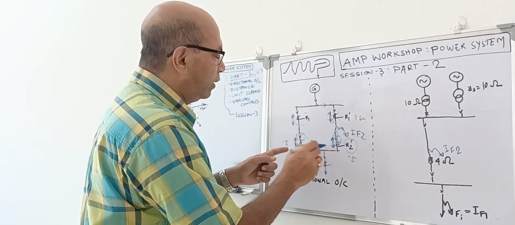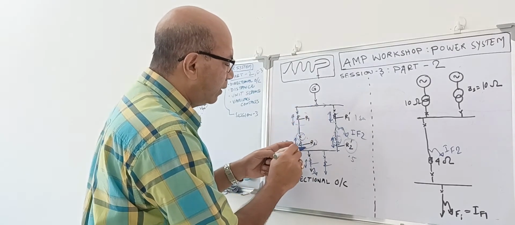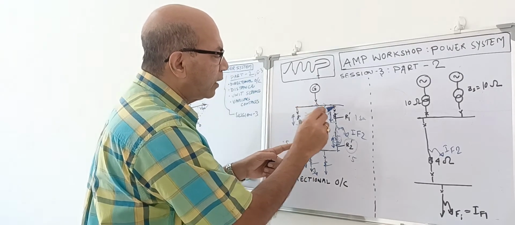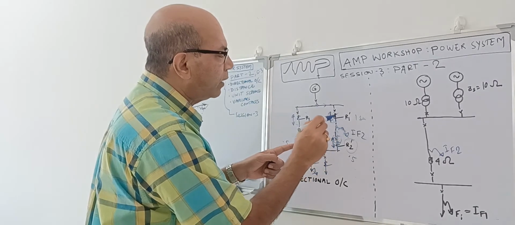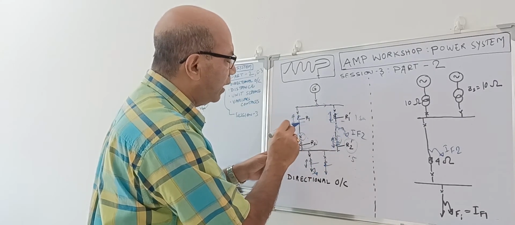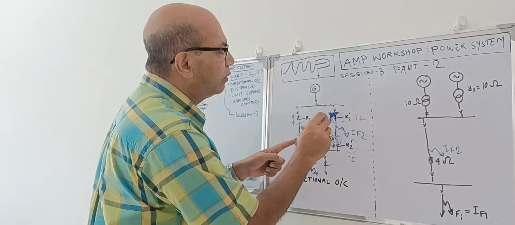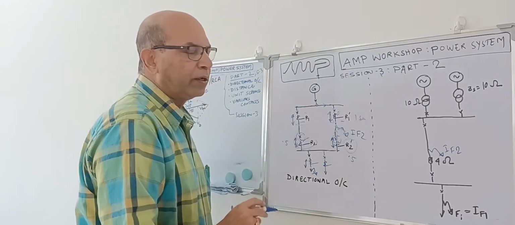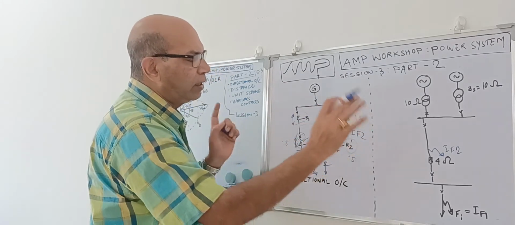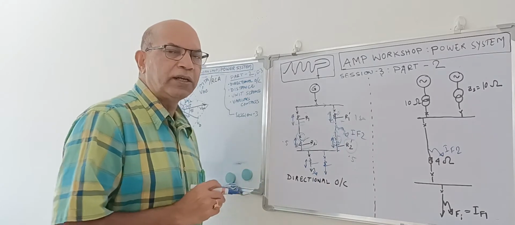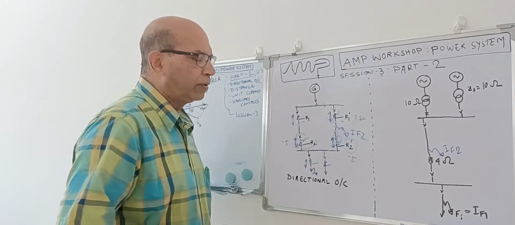Then what will happen? This link, this current is not coming, and this current is coming to the fault. After 1 second, this will not see any more fault because this is open, but this will still see the fault, so it will also open. In that case, the total link is getting out. So we are not getting the discrimination. We cannot save the outputs.